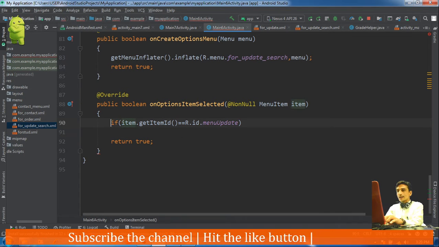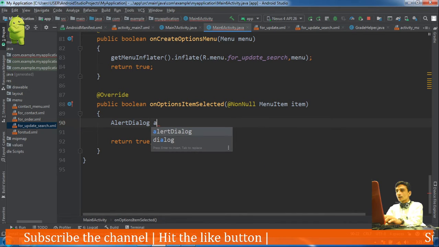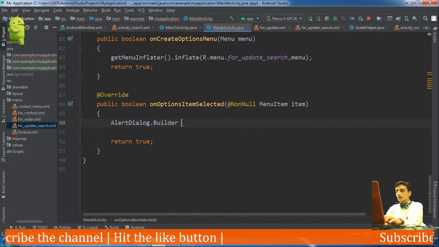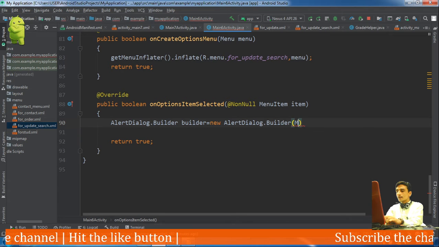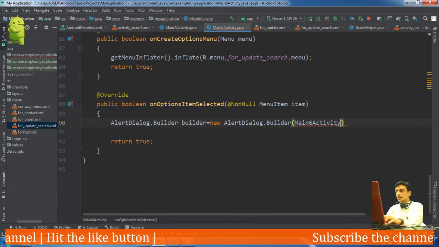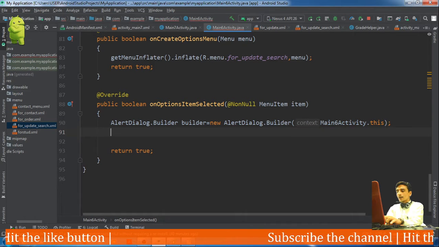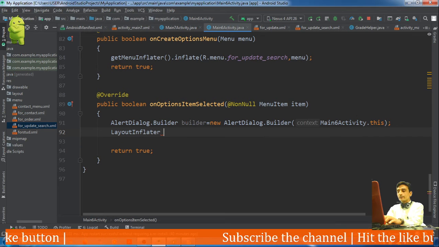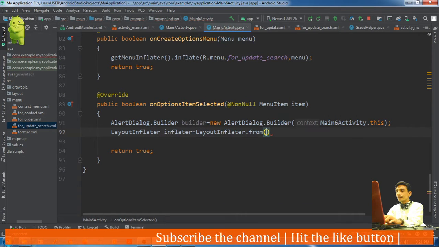Okay, so let's first of all build a dialog. AlertDialog.Builder builder is equal to new AlertDialog.Builder(MainActivity.this). Then we need a layout inflater in order to inflate our view, which we have just defined. LayoutInflater inflater is equal to LayoutInflater.from